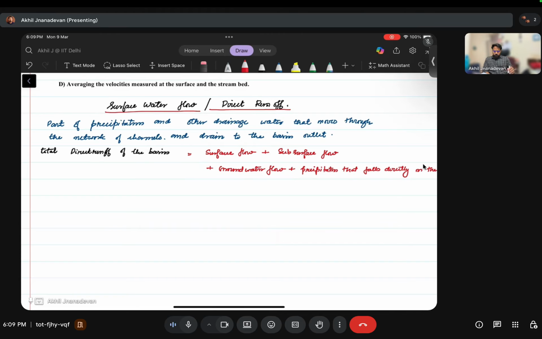Basically, the contribution of groundwater flow, like base flow, is a major contribution for stream flows. Like you would have observed, when there is no rainfall, in the dry period or the lean period, we can still see some rivers flowing. These flows are maintained by the contribution of groundwater flow and so on. And when precipitation occurs, we get the additional contribution by the precipitation that falls directly on the streams